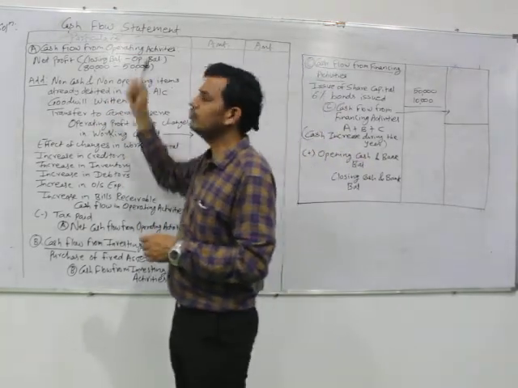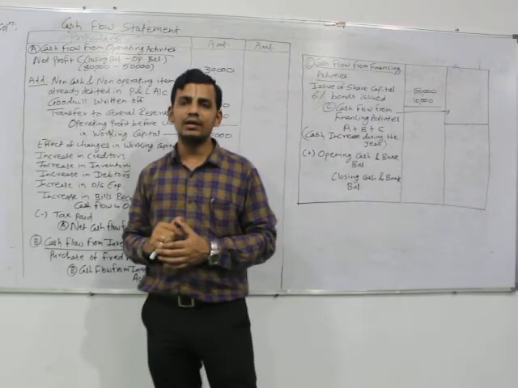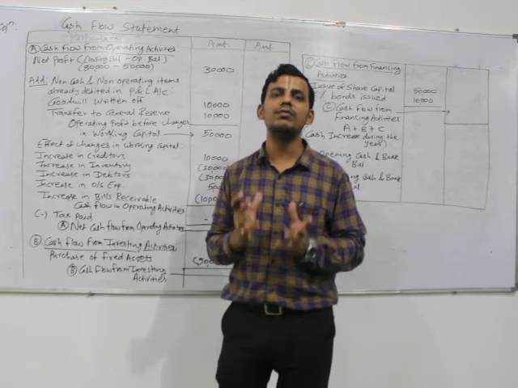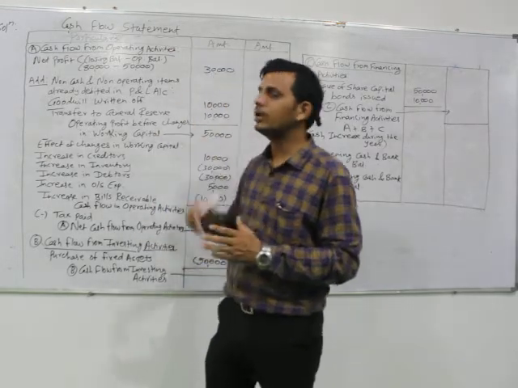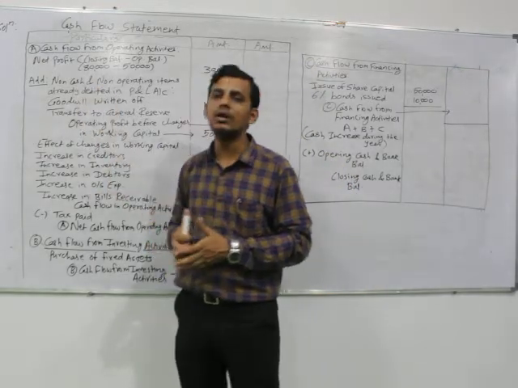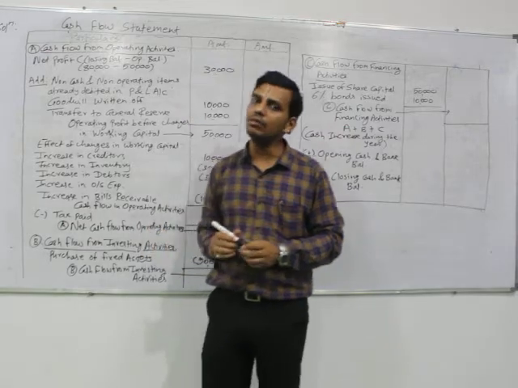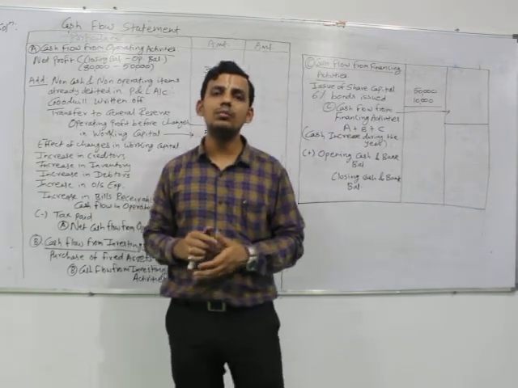So, first we have the first activity, that is cash flow from operating activities. We have said that operating activities are those related with the operation or manufacturing or service providing of the business. That is what we take into consideration. In operations, first of all, what we need to take is our net profit. Net profit is not directly given in the question, but we can see it in the balance sheet segment which is being provided to you.